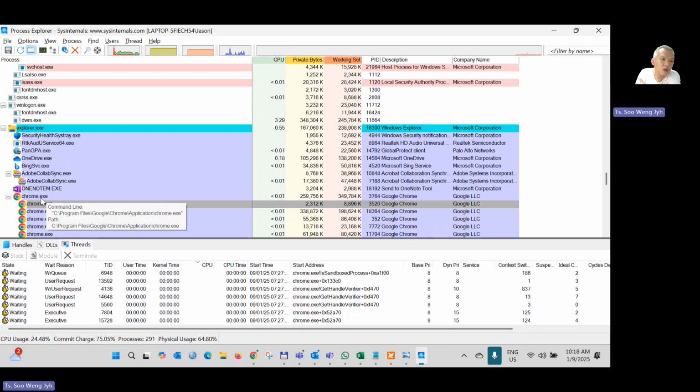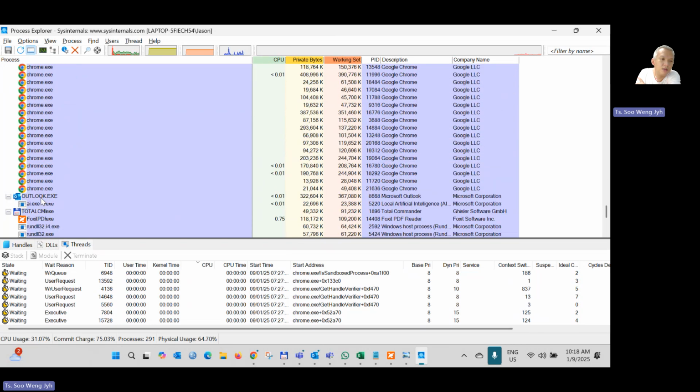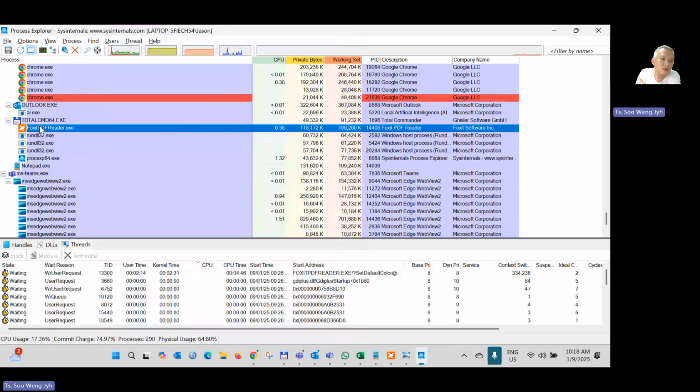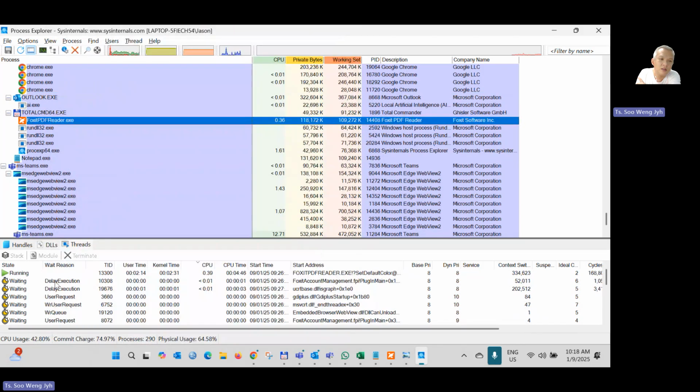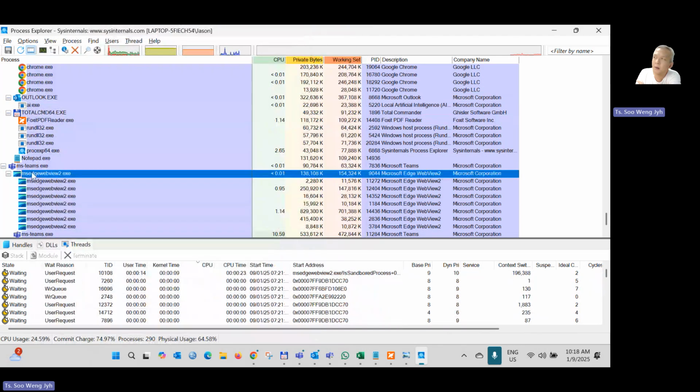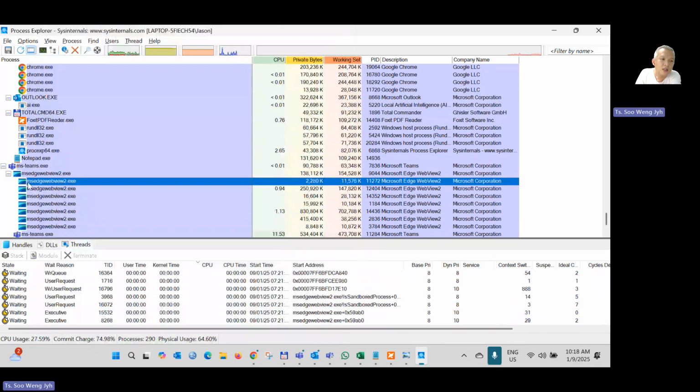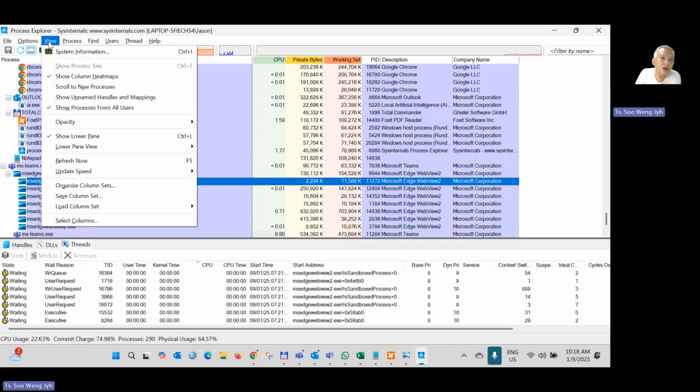So what else is it? I opened Foxit. Foxit also has. And MSH I'm also opening. So you can see so many things it's doing. Is there any